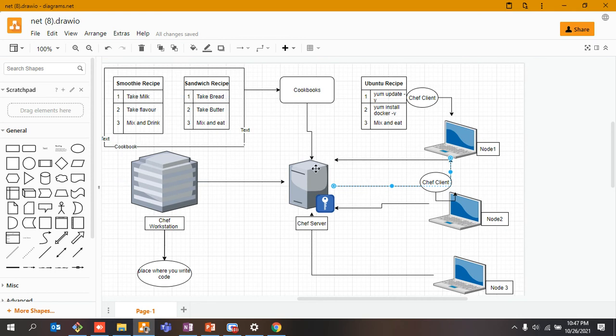What I'll be transferring from here to here is my cookbook. My cookbook contains recipes, and my recipes are like this. It is very easy to understand in common language, and these recipes would do something, right? So it's a very easy architecture, very, very easy. It has taken me a lot of time to make you understand, but it's a very easy architecture to understand.